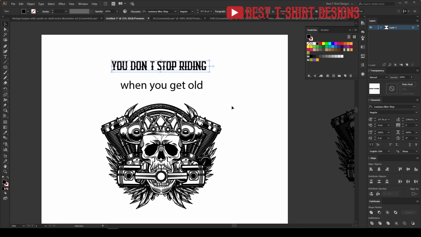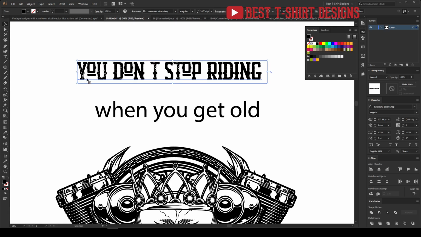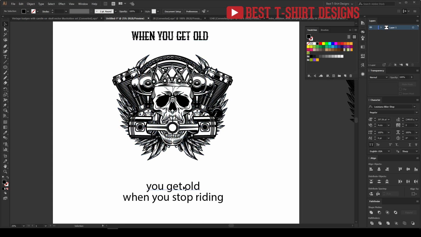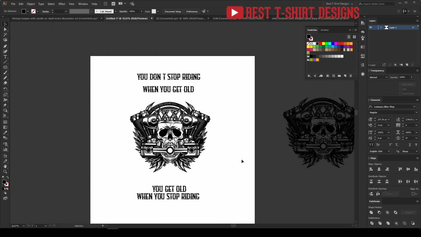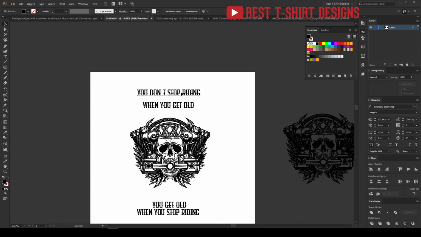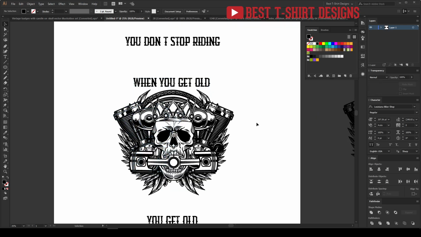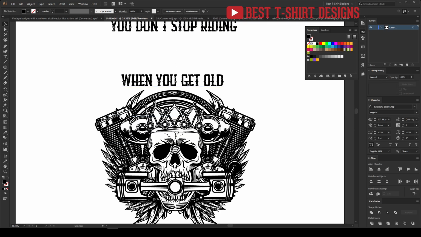So I'm going to make it all caps. You can see this font has some effect. If you are using small and capital letters together, the O looks like this. That's a really cool effect, but right now I want to make it all caps, and then maybe selecting this font again, so it is all caps together. Now most of the time I suggest people to use different fonts, but this one is a special design. This is something really cool and very much a vectorized design, so I'm going to use this cool looking biker